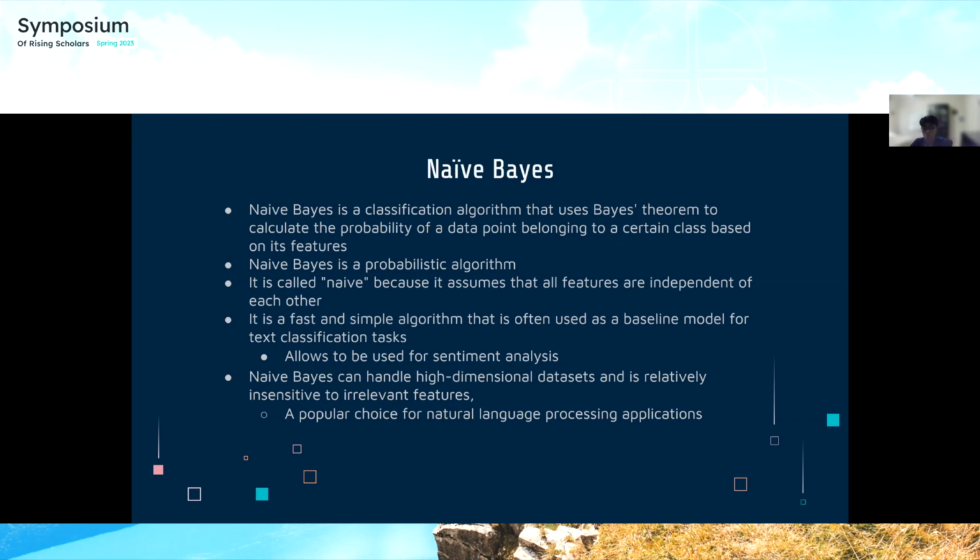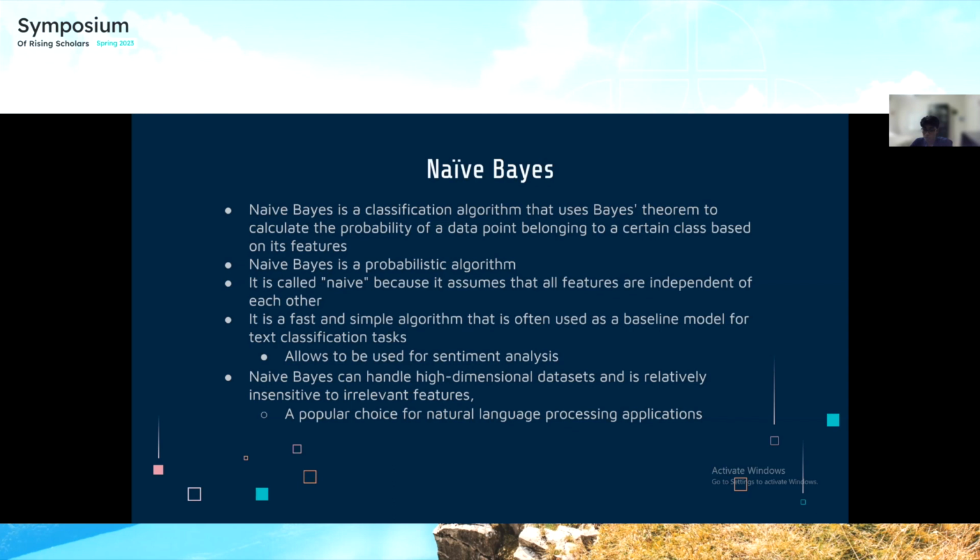Naïve Bayes is also a probabilistic algorithm. Now, these big words may sound confusing and daunting at first, but for the purposes of this study, we will focus on why it is called naive. And this is because it assumes that all features are independent of each other. In other words, if we were to pass in a string of words into a naive Bayes algorithm, it would analyze each individual word independently of how it looks at the other words, and therefore can have certain pros and cons depending on how we use this model.